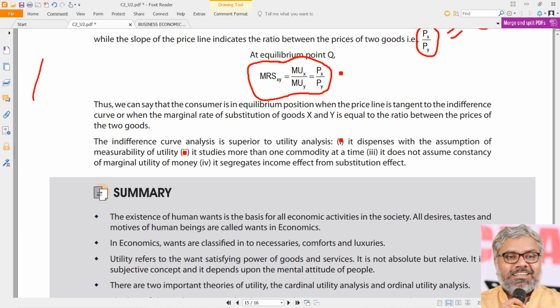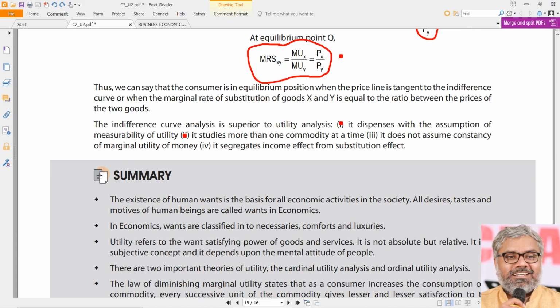Simply, if we need a graph, we need only two axes. Means there should be one commodity here, one commodity here. If a third commodity is introduced, that is beyond our level. So two commodities is enough for understanding the theory. Can it be extended to 22 commodities? Very much yes. By use of technology that can be done, but that is completely outside our scope, much beyond our level.